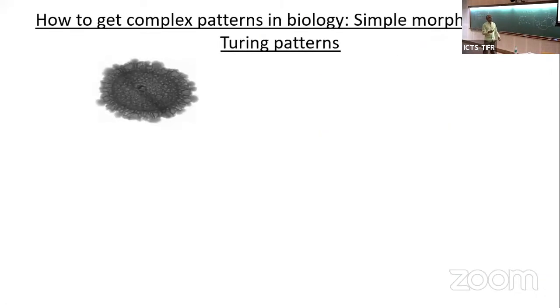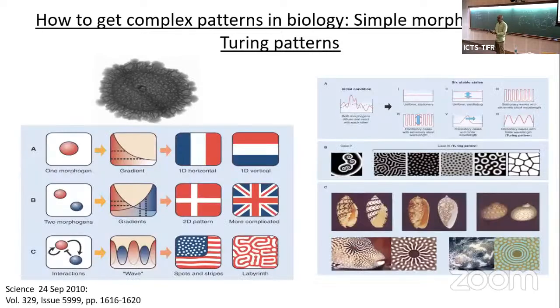So we are here. Now, how do you get this kind of pattern? What you also notice is this pattern is very reliable. It's very predictable. It comes every time. This is just a little aside. How do you get complex patterns in biology? I thought I will just introduce this. It's not really relevant to today's talk, but it's a nice idea that many of you might be interested in